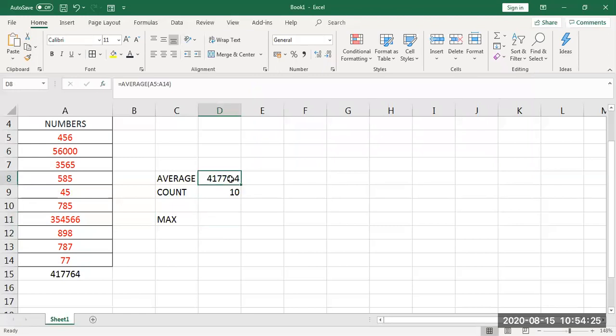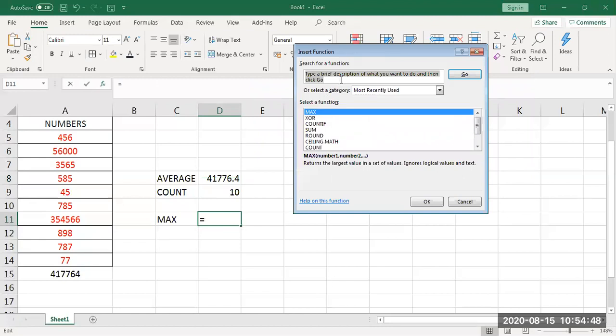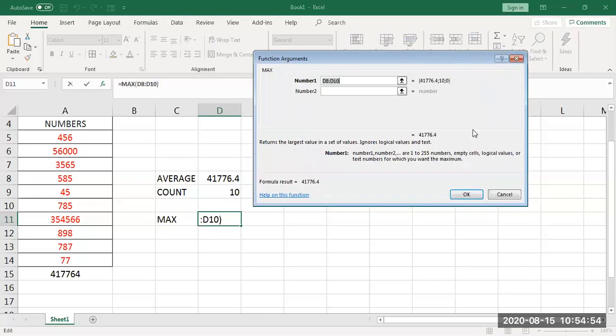This method, when you want to do what you did, just select it and drag it, from the system only you did. Apart from that, a window will open, and in the window if you give the range you will get an answer. This is another way of doing. Okay, so I have selected this max function. I am going to more function and I want to search for a function called max. Okay, max function. It will open a window.